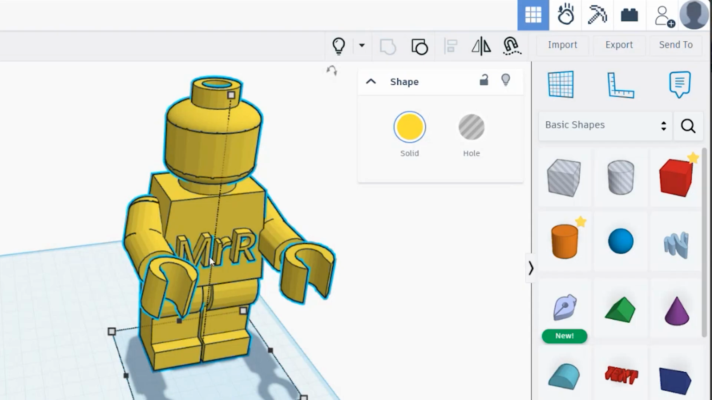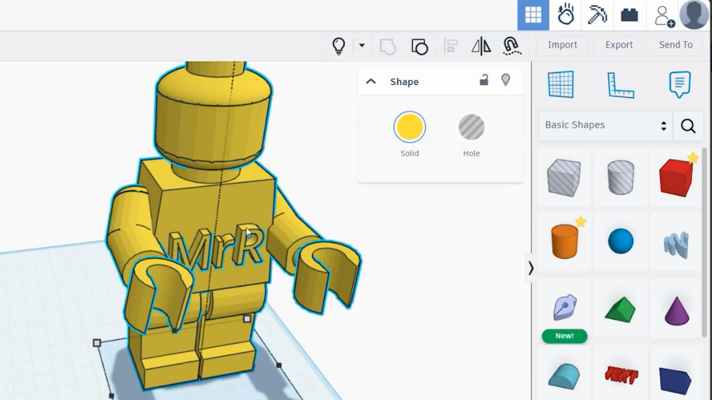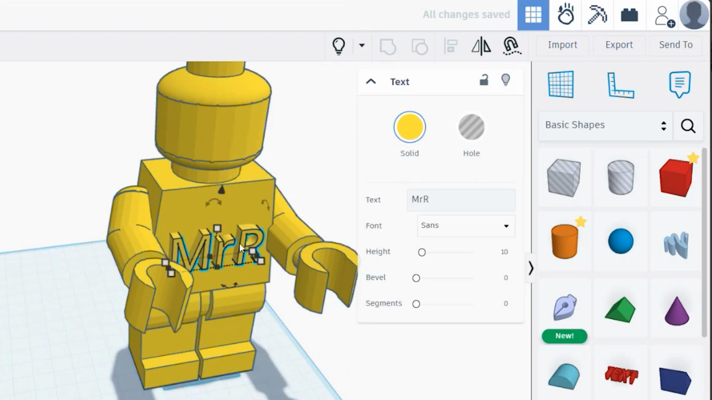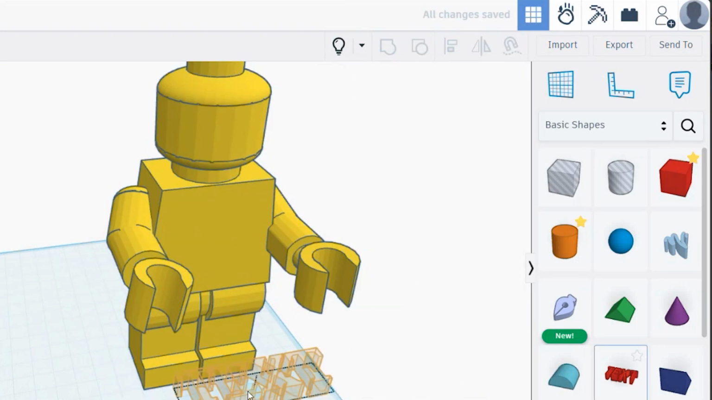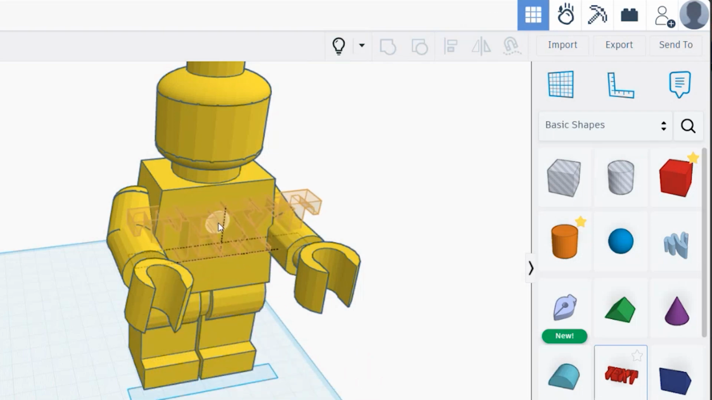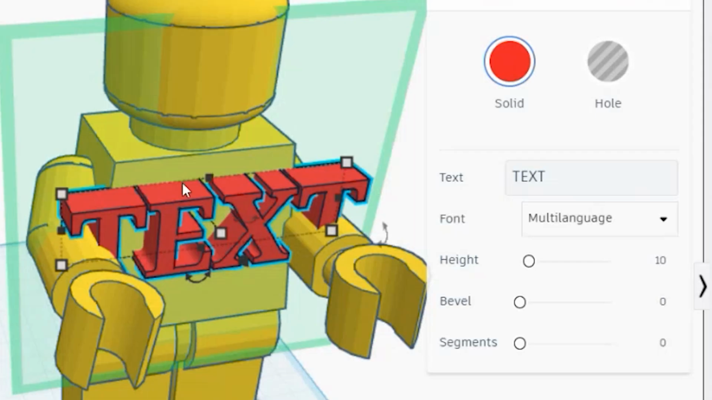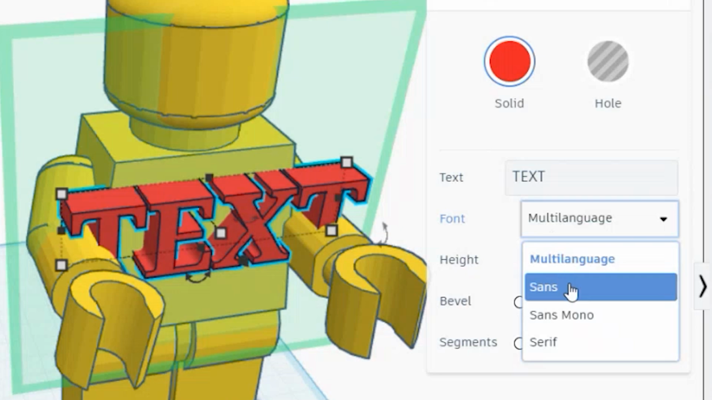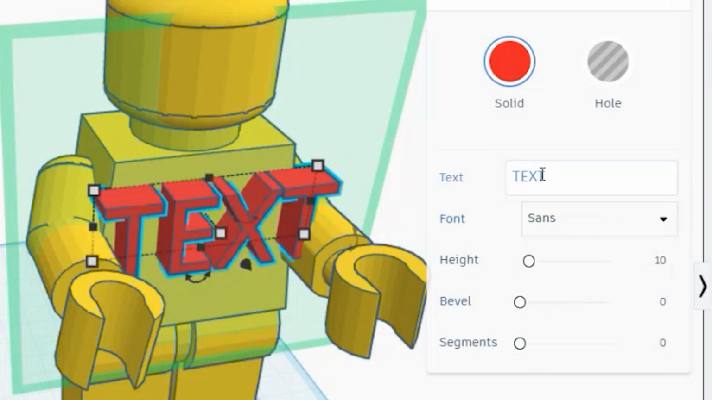So the first thing you want to do is make sure you have your initials on the front of your Lego. In order to do that, I'll go ahead and group this, bring out my text tool. Now we're going to use the cruise feature, so as long as I don't let go of this text tool, it'll go along the edge of whatever I'm dragging it against. So there is the front of my Lego. I'm going to change the type of the font to sans, and then I'm going to delete the word text and change it to my initials